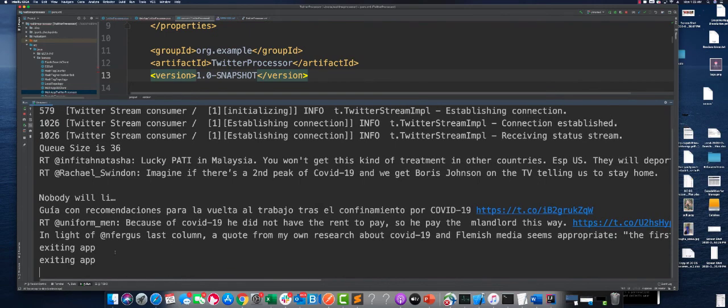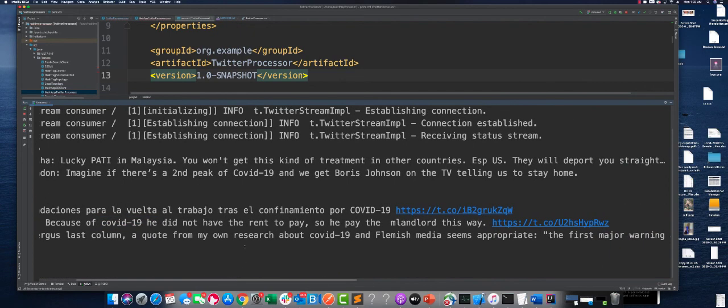One message is from Guava Corn, recommendations, COVID-19. And then another message from Uniform Man. This is about rent challenges because of COVID-19. And there is another message which says something about the research on COVID-19.